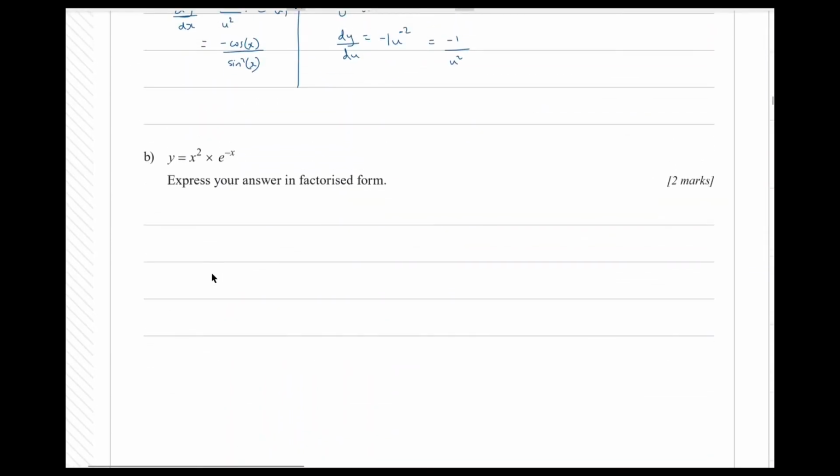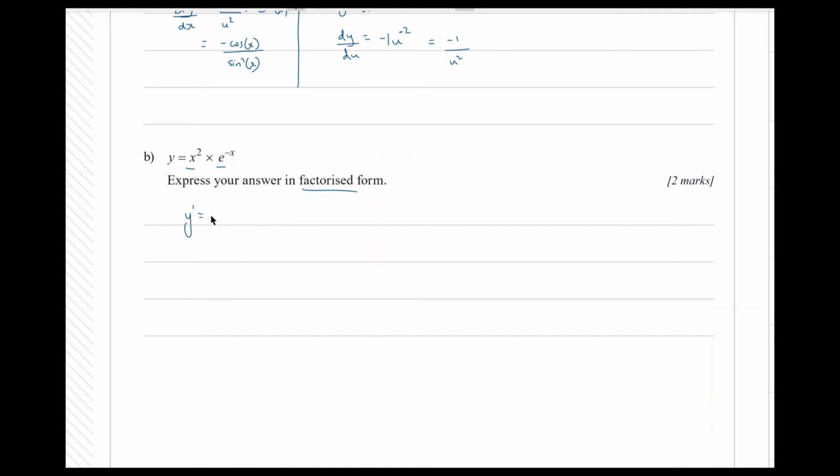Part B. So we're differentiating part B. So we're differentiating y equals x squared times e to the negative x, and we want to present the answer in a factorized form. So because we've got two terms being multiplied, we can differentiate this using the product rule,